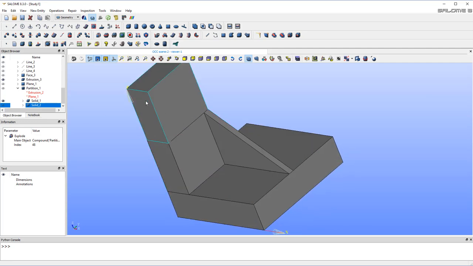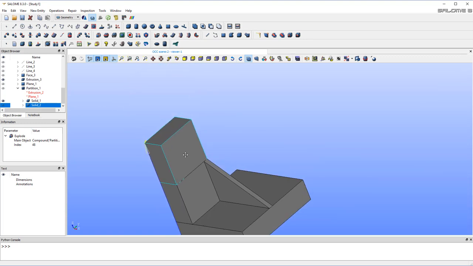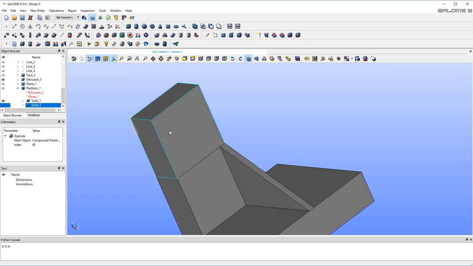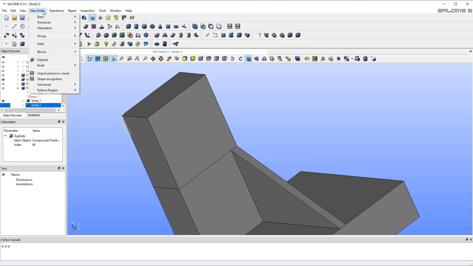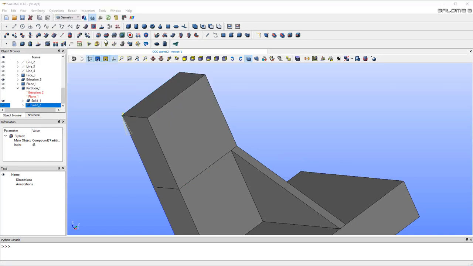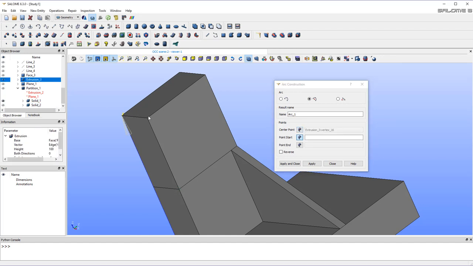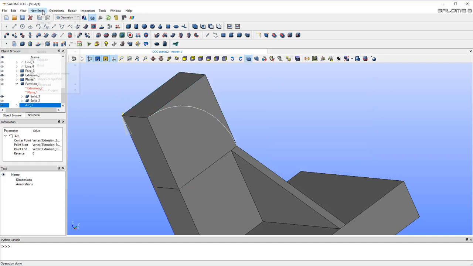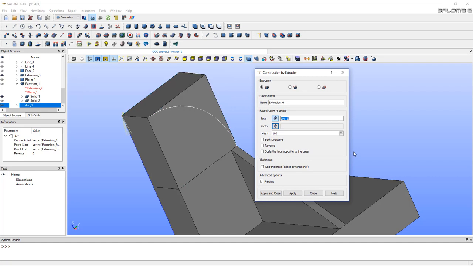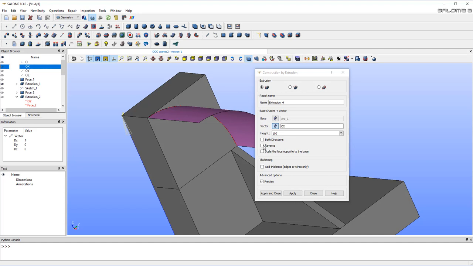Okay, now we need to make all this part here. So I want to make an arc here, so new entity, arc. Let's go into this method, select the center point, start and end. Okay, I'm getting the arc, which is great. Now I'll extrude it into X direction, reversed,